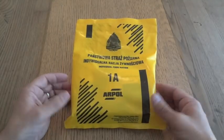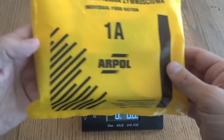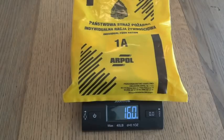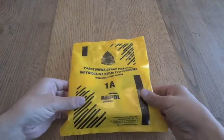And I figured why don't we take a look at how much this actually weighs before we open it up. I wouldn't say it's excessively heavy, just the fact that it's the breakfast portion of a 24-hour ration and there'd be 2 other meals along with this. And it comes out to exactly 1 pound, or 16 ounces, or 454 grams. My guess is that the other 2 meals would probably be heavier, but this is the only one that I've